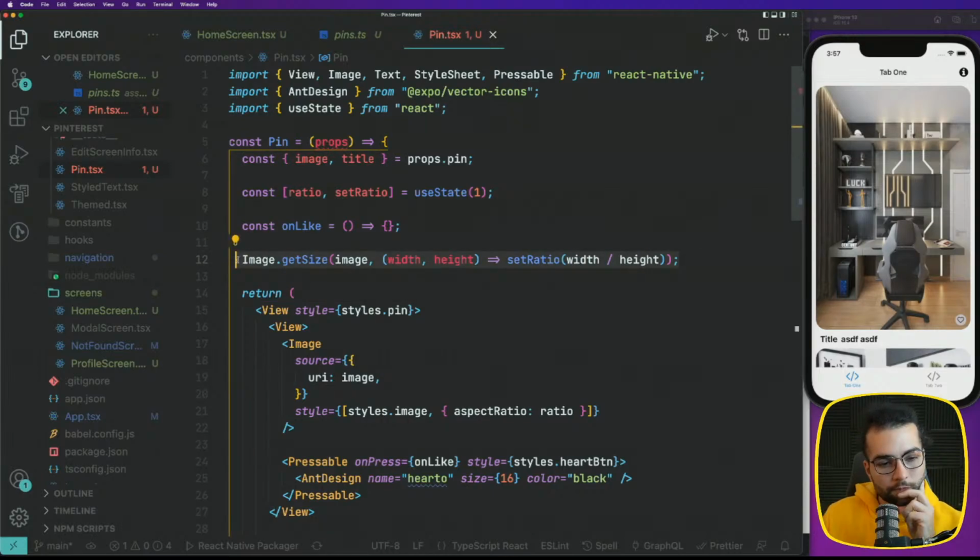We can leave this one here, but the problem is that this function is going to be called every time we re-render the component. So we don't want that. We want to calculate the ratio only once, basically only when we receive the image. We want to calculate it, not every time it re-renders. To do that,